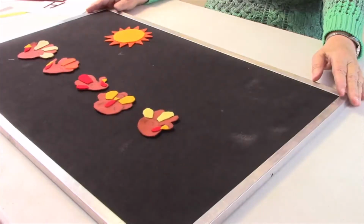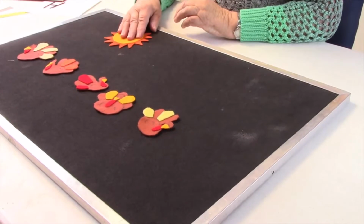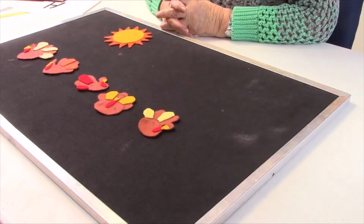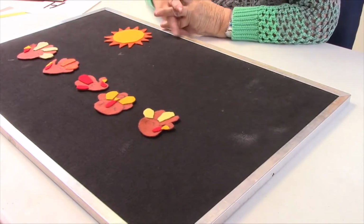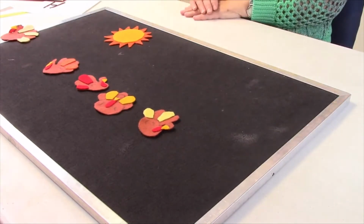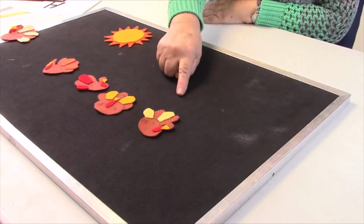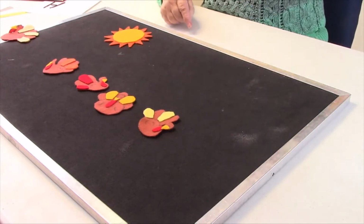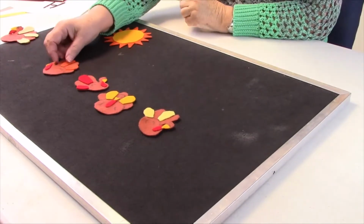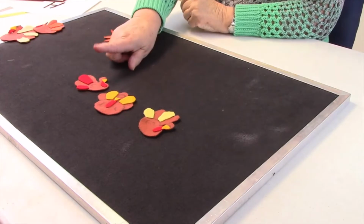I have a flannel board story here. This has 5 turkeys, and they're in the sun. 5 little turkeys standing by the door. One waddled off. And then there were 4 little turkeys under a tree. One waddled off. And then there were